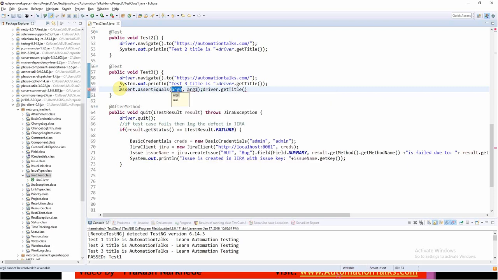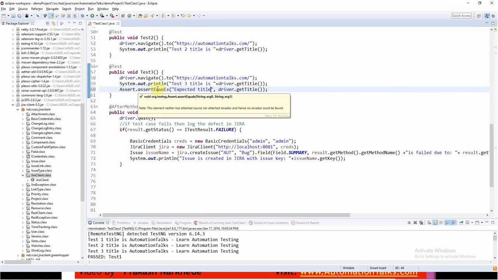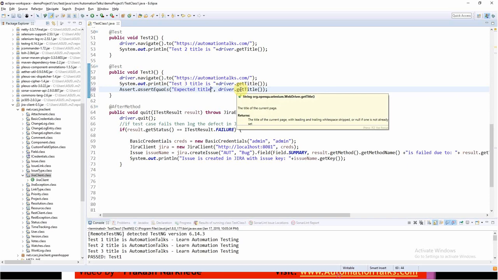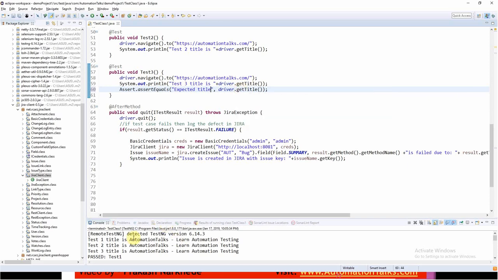I'll expect something different from what I'm getting. Expected title is, or I'll give expected title, and this is, let us say, the actual title. Since my actual title is something different, automation talks learn automation testing, but I'm expecting expected title,